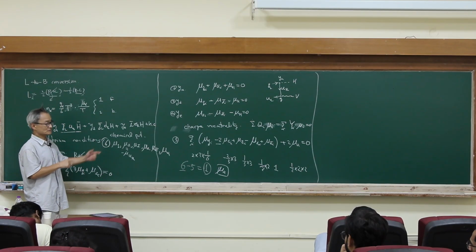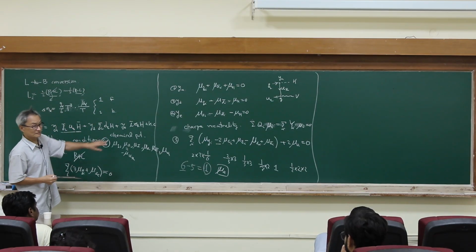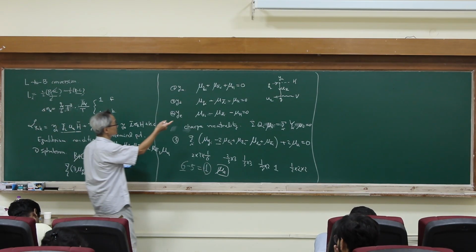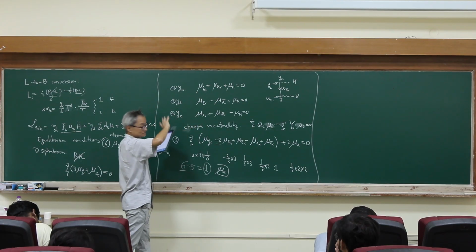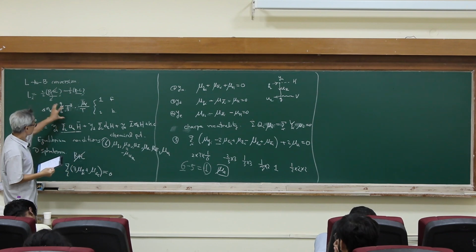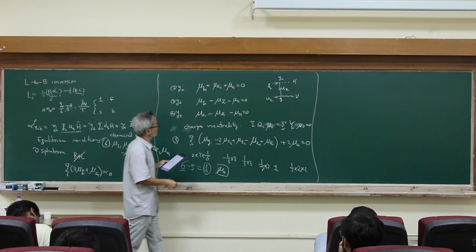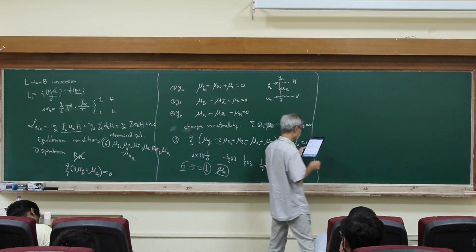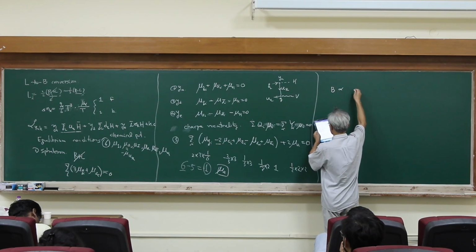Now you can solve it. For each generation, Q1, Q2, Q3, we have the same conditions, so we assume they have the same value. The B asymmetry should be like